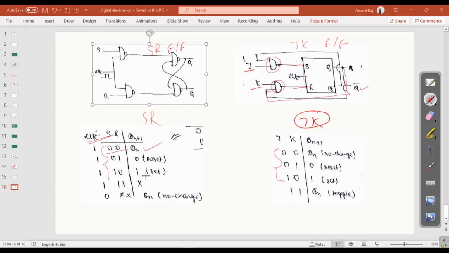At 1 1 it was an invalid state for SR flip-flop, but now for 1 1 the output will be the complement of Qn. So this is the difference. In the code only one difference we have to write, and we will see what that difference is.